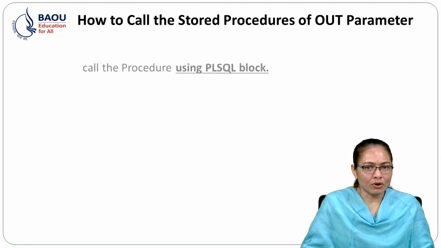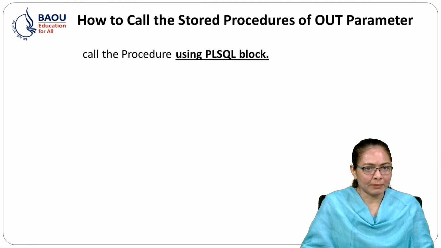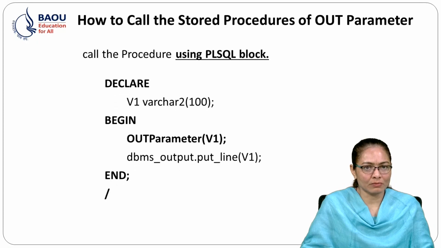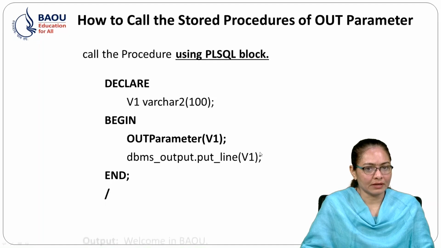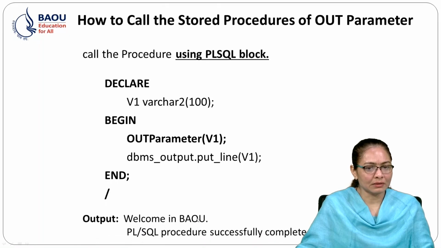Now how to call the stored procedure of the OUT parameter? Call the stored procedure using the PL/SQL block. In the PL/SQL block, in the declaration section, we define the variable v1 as VARCHAR2 and size is 100. In BEGIN, out_parameter is the procedure name, and here we pass the v1 variable. So the v1 variable is used to accept the value from the procedure and display it, like welcome in BAU. See,